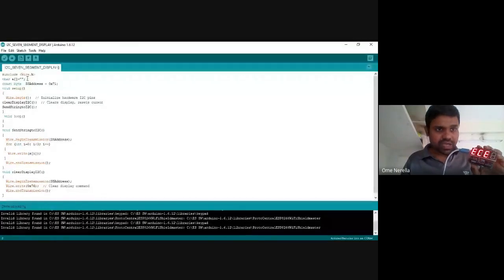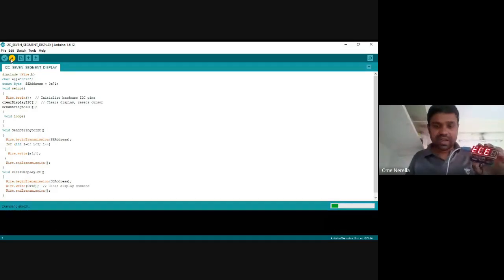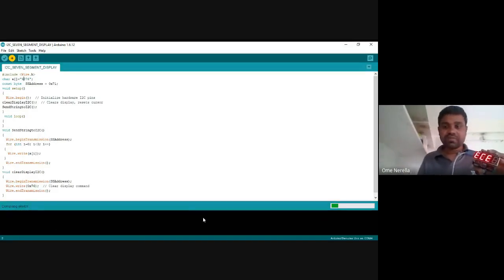Suppose I want to put 9876 or 8876 whatever, it will display 9876 on your 7 segment display. Okay, it is generally used to display digits, but it can also be used to display some of the characters, not all.